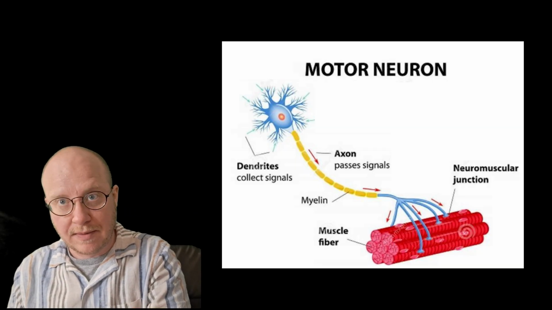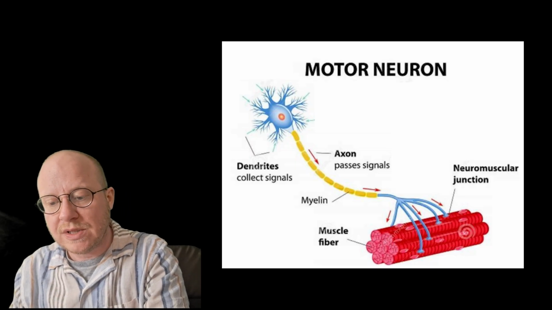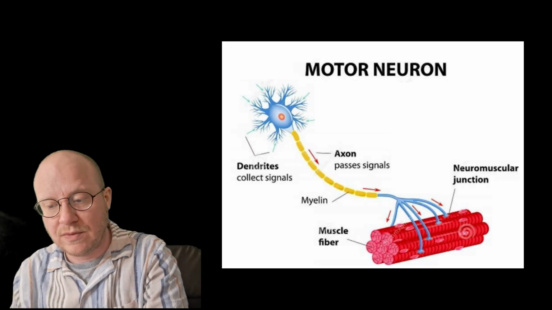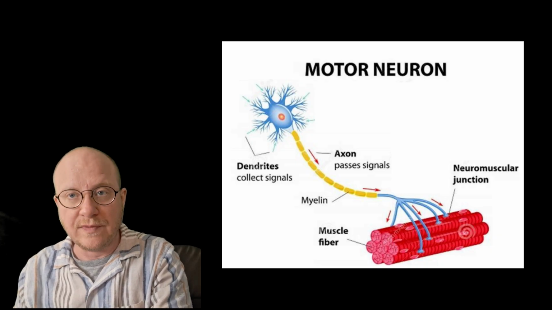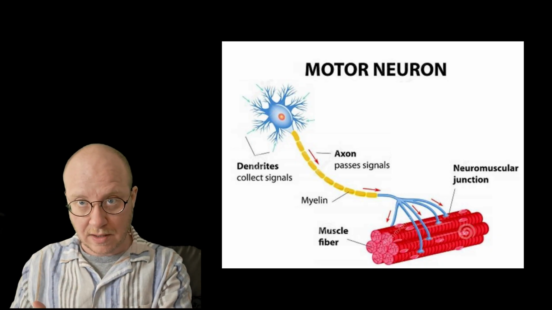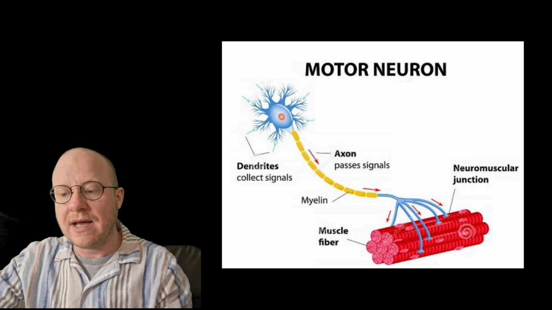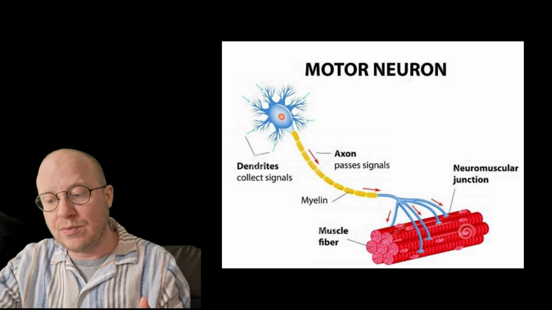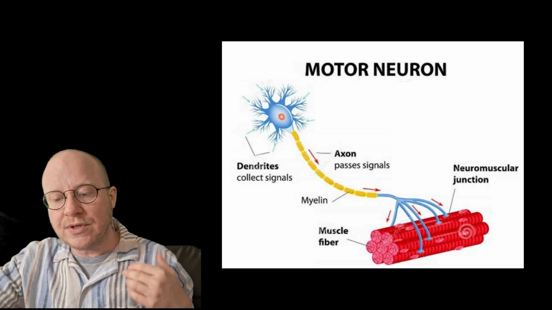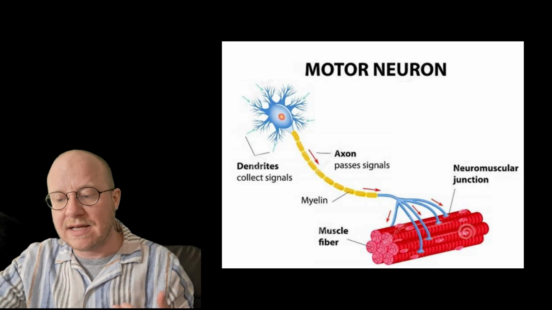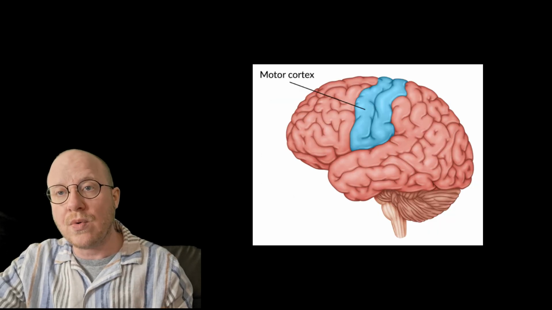The cerebrum, that part of the brain, uses the sensory information it receives to make decisions concerning movements of your body. The action potentials are carried to muscle tissue by motor neurons. The portion of the cerebrum that sends the action potentials is called the motor cortex